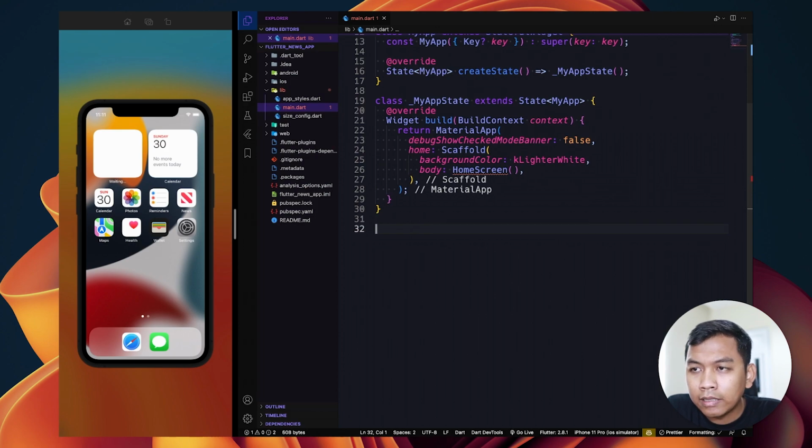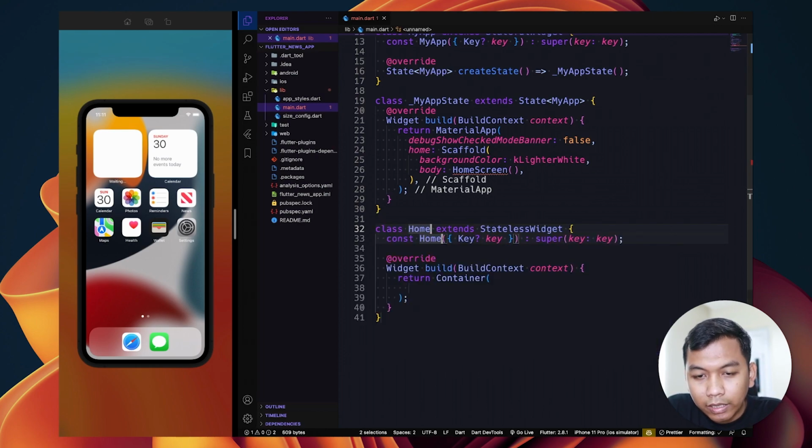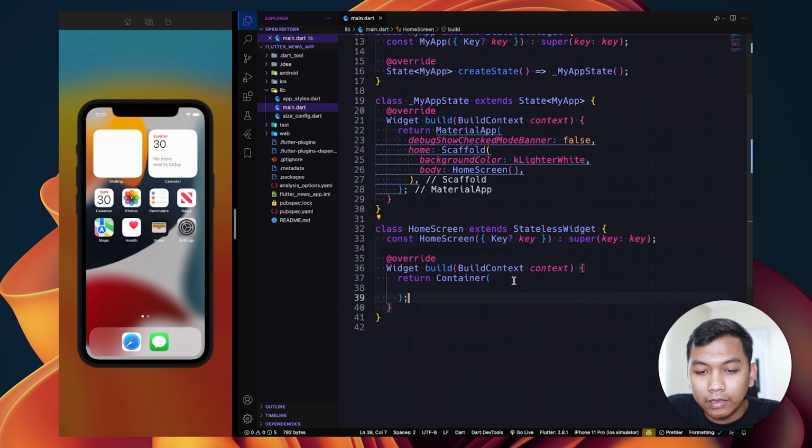This HomeScreen doesn't exist, so we need to create a new stateless widget, and name it HomeScreen. Inside this HomeScreen we want to return a SafeArea widget to avoid the notch on smartphones, whether on iOS, on iPhone, or on an Android phone.